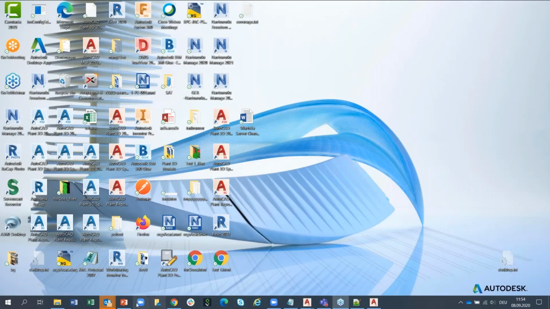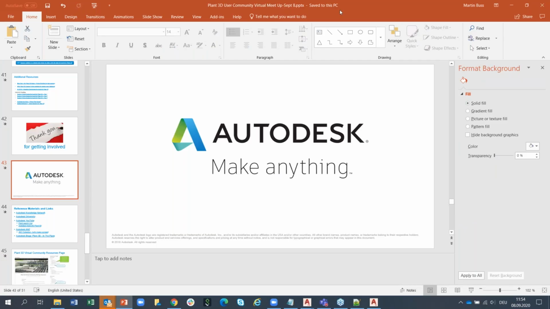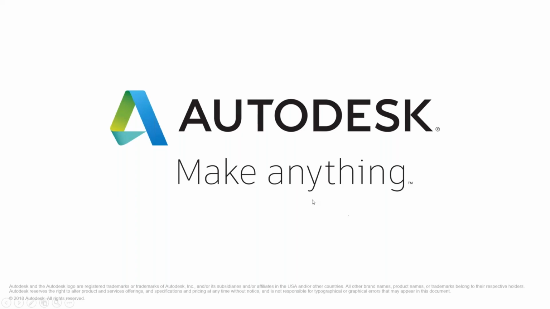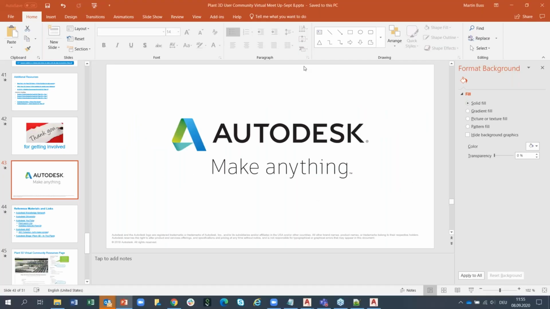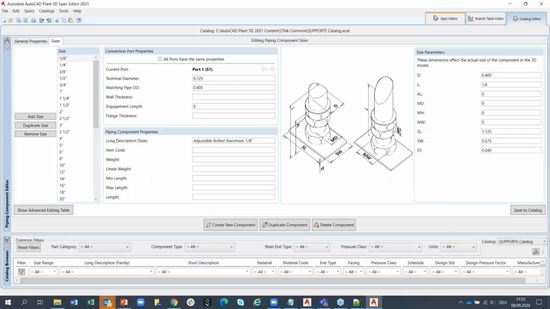That's the situation, yes. But okay, I mean, these standard pipe specs, they never change. So you do it once and then you have it, and then you use it for the next project. You use it in your template project, so you have it. Something you do once. And if you say, okay, but... and I mean, the spec editor,